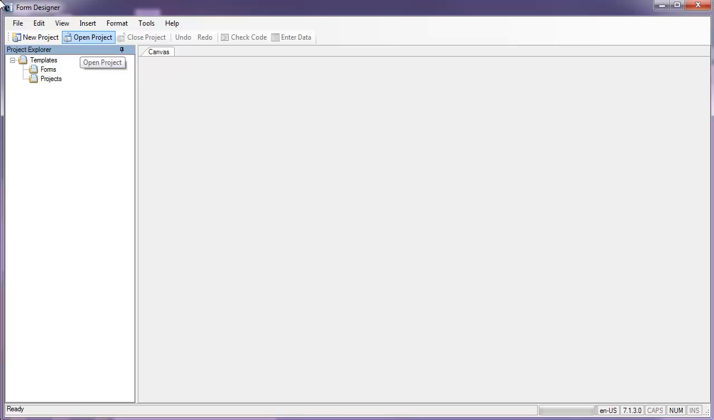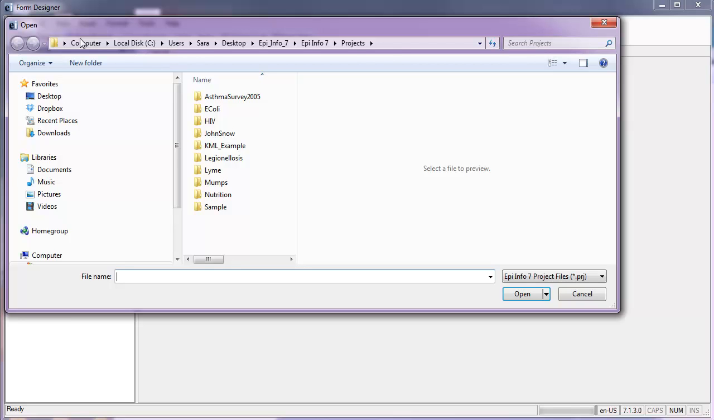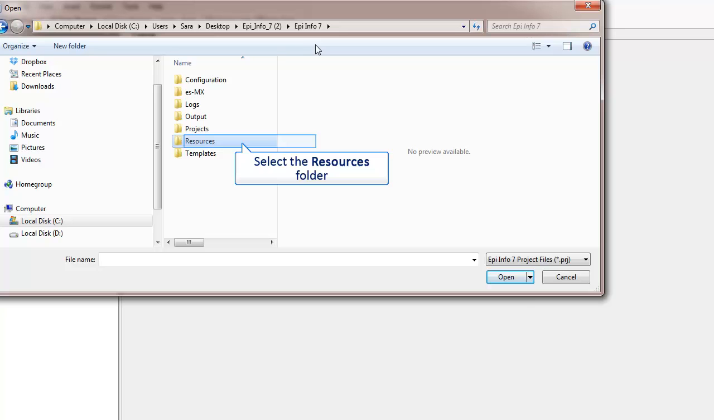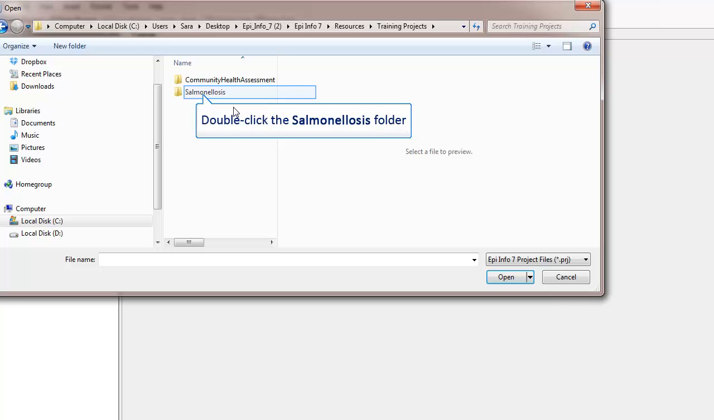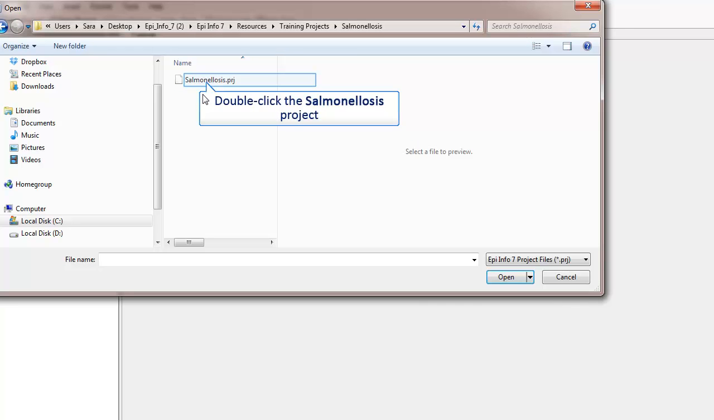I'm in the Form Designer, and to open the Salmonellosis project, I'll click Open Project, and this shows all of the projects that are included in Epi Info 7. I need to get to the Training Projects folder, and to do that, I need to click Epi Info 7 here at the top of the page. First, I'll double-click the Resources folder, then I'll double-click the Training Projects folder, then the Salmonellosis folder, and finally the